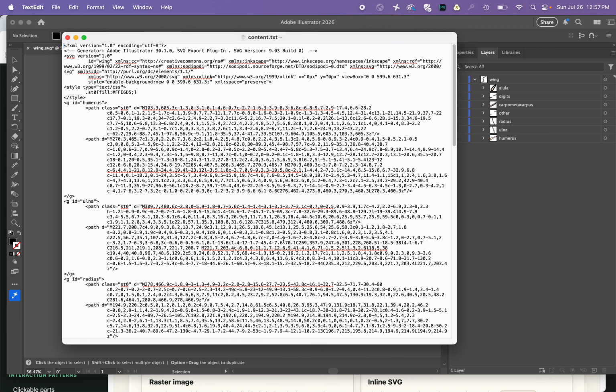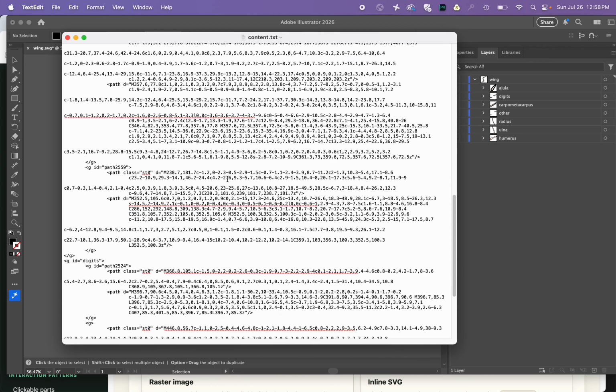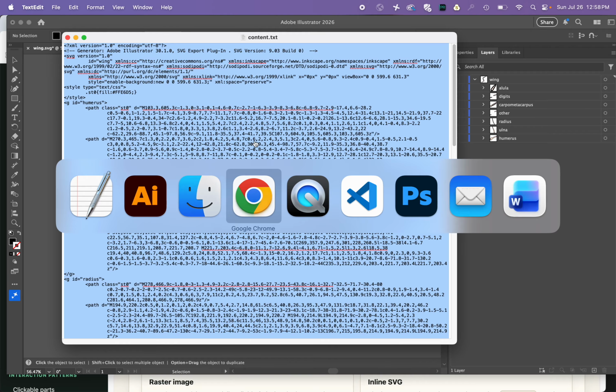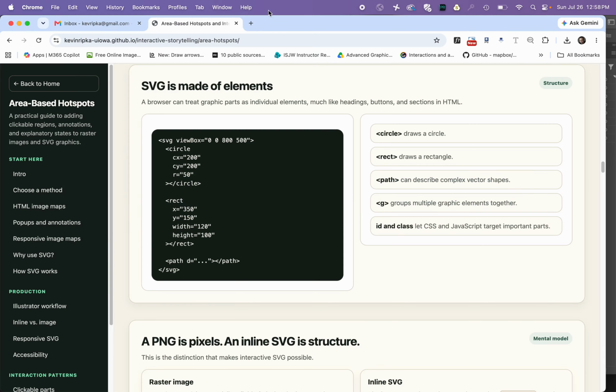So you could put an SVG in a web page with the image tag, but then you can't operate on the individual parts of it the way you can when you paste it as code. So we're going to need to paste this as code into our web page. But first, we can't just paste it as code as is, because Illustrator adds a bunch of garbage and bloat. So I'm going to hit Command A, Command C to copy,